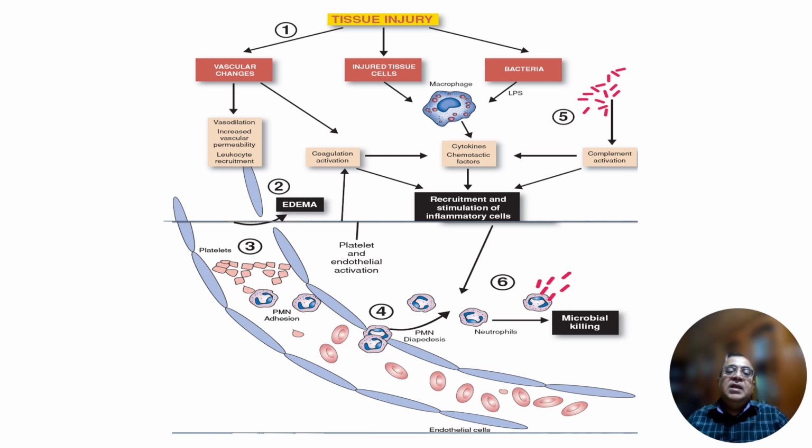Then, in the vascular changes that occur earlier in inflammation, there is vasodilation and increased vascular permeability with leukocyte recruitment, and as a result there is edema. There is activation of the platelet also,